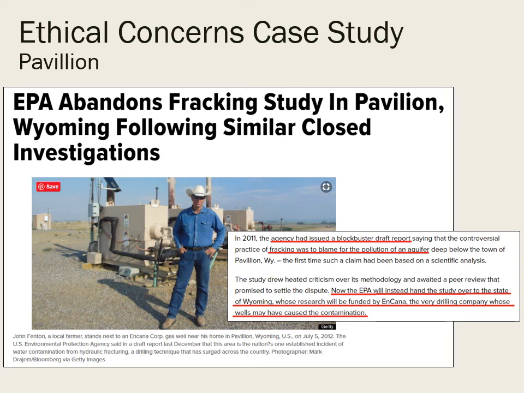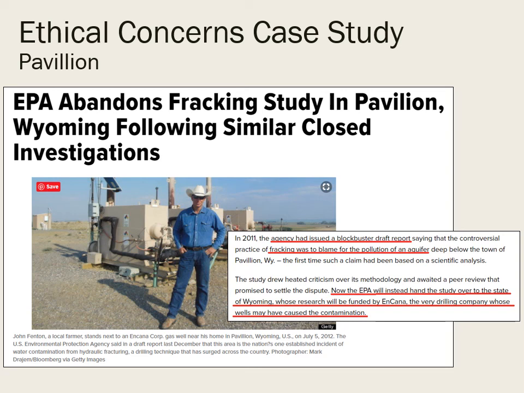So in 2013, the EPA just basically retreated from the Pavilion investigation. They just stopped. And it really shocked everybody. It shocked environmentalists, it shocked energy industry folks, but the EPA handed that study over to the state of Wyoming for a state study, which just so happens to be funded by Encana, the drilling company that caused or likely caused the contamination. So ethics in government contracting is always a big deal, and it's been an even bigger deal